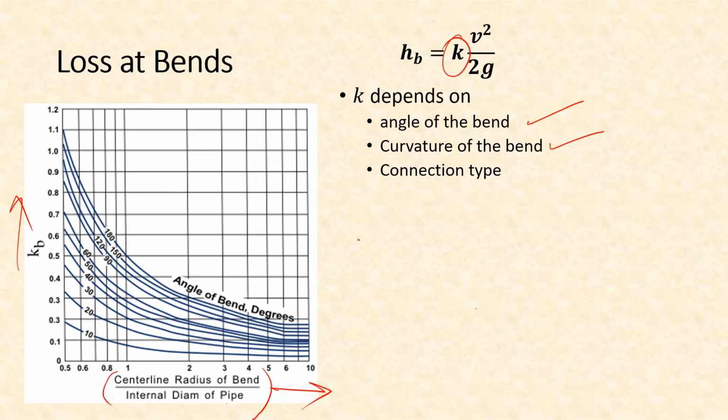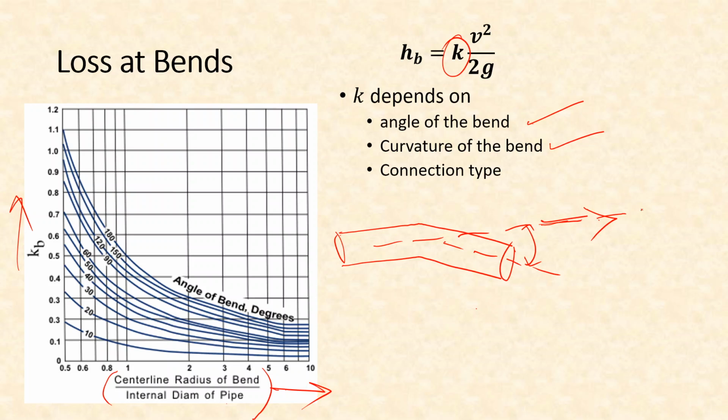The angle of the bend is just how much the water is or the pipe is deflected. In this case the angle is very small, that means it is only this much. Remember, the angle is measured compared to the original direction of flow. This was the original direction of flow and this is the new direction of flow, therefore between them this angle will be measured,